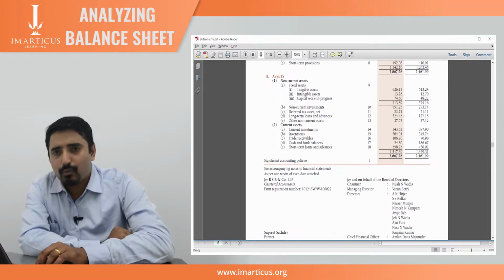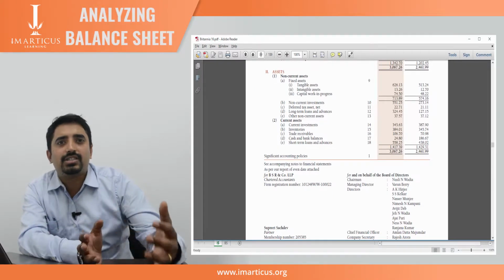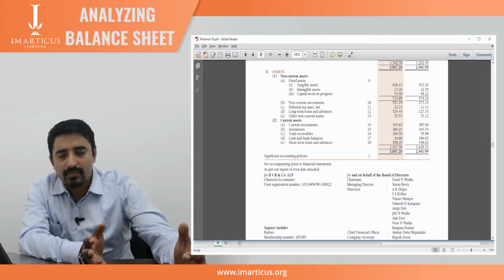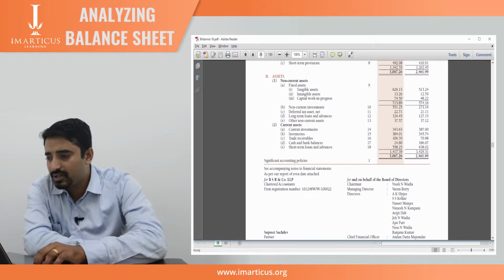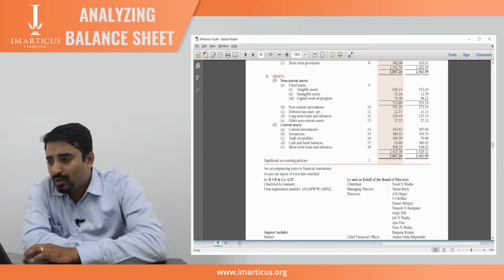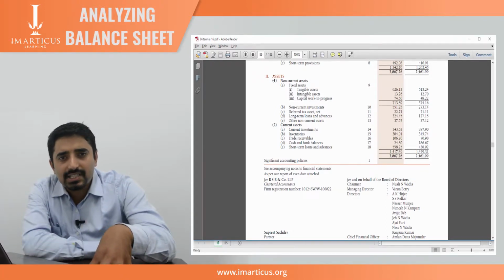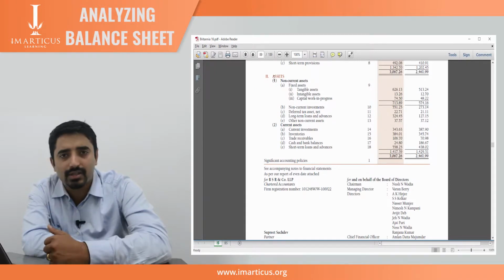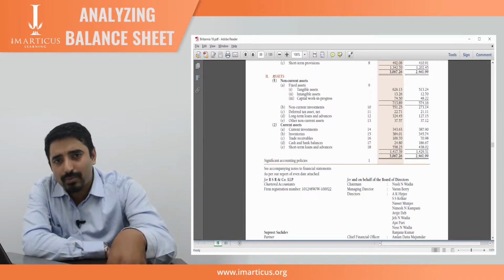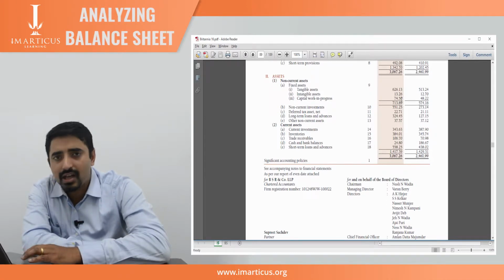You must have studied that in the balance sheet what you see are the assets and the liabilities. That is exactly what we are going to see here. This, if you see, is the total assets of the company. Now what do you mean by assets? Assets are everything owned by the company. Here we see all the assets owned by the company as of March 31st 2016 and March